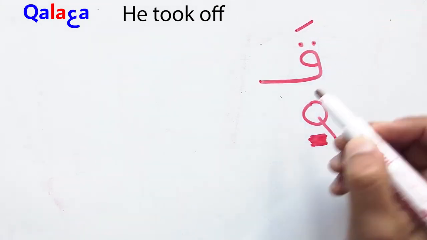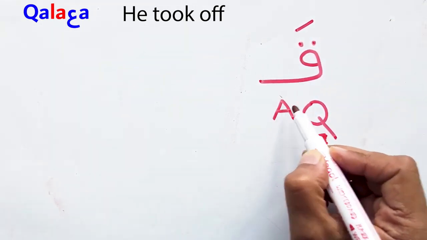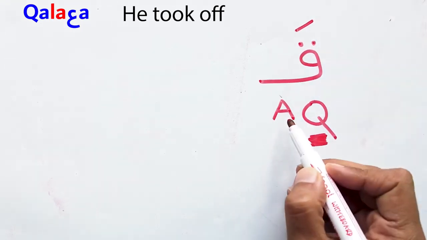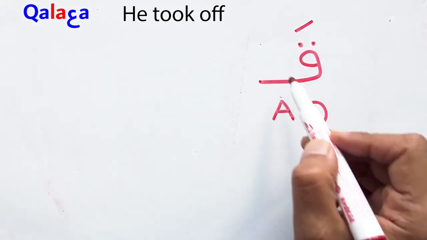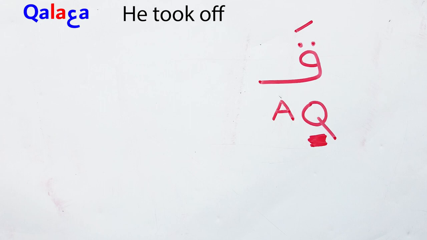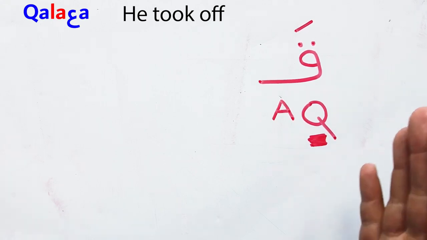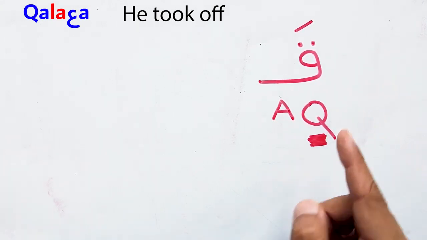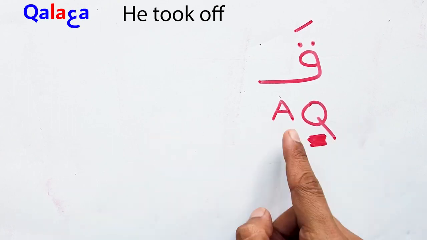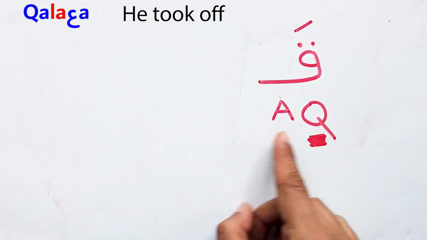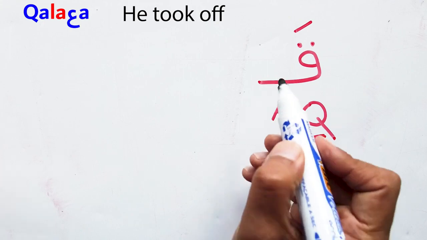This mark on the top sounds like A. This is fatha. It gives us the sound of A. So we have here قا. Don't forget, we read and write Arabic and English in this class from the right to the left. So it's not ak, it is قا.